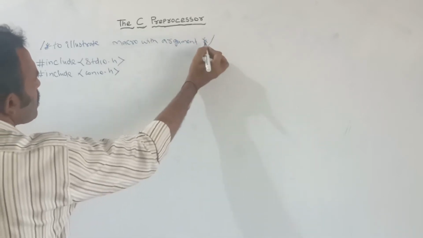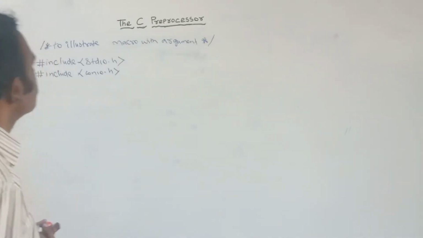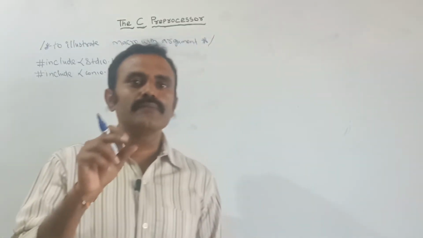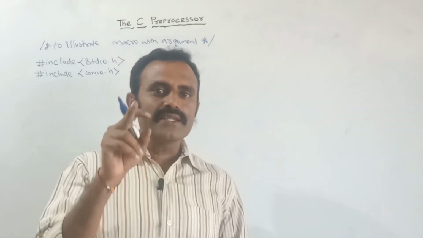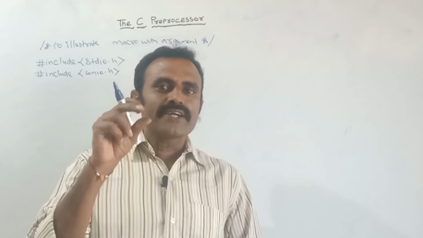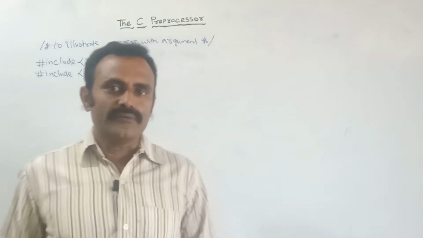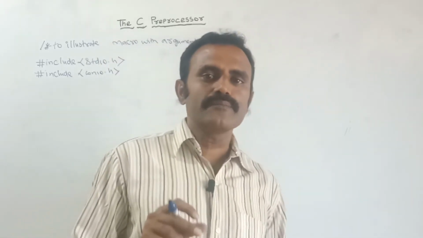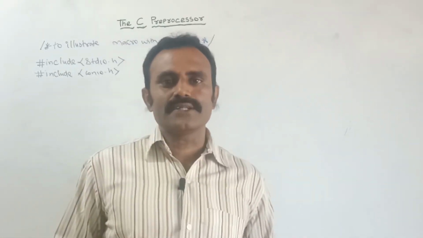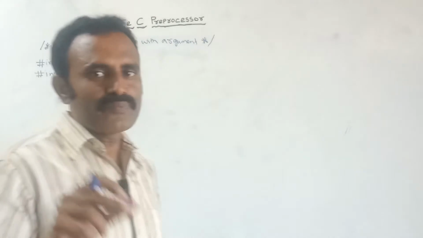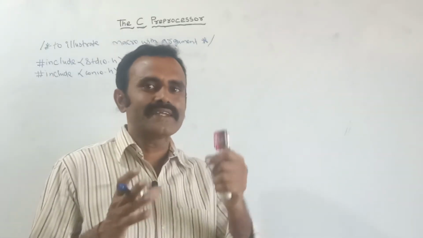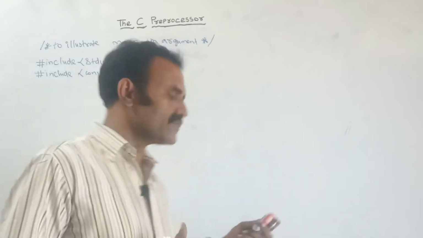Here some important rules we should know. See, when we are declaring the argument, this argument should be given within the parentheses, then only it will give the accurate answer. So suppose if you are not using the parentheses, then it will give the wrong answer. See, now let us see a simple example. Suppose if you are not using parentheses, then how the result will occur. Now we will see this one.